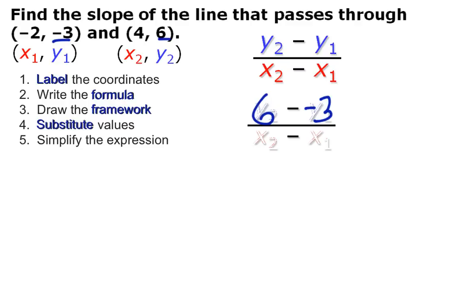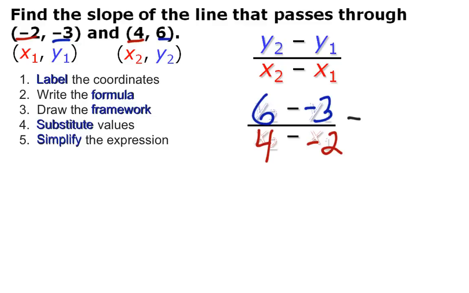In the denominator I've got these red values, so my x2 is the 4, so I substitute that here, and my x1 is this -2. And again, I've got minus signs right next to each other. Again, important in the simplify step, which is what I'm on now, is the simplify step. So I'm going to simplify the expression,